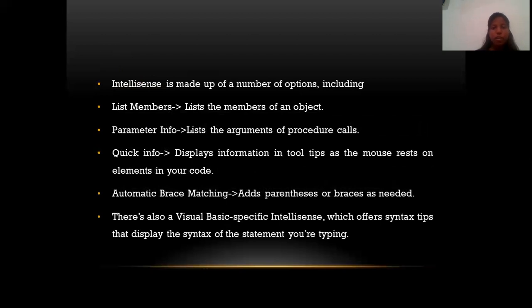If you write something wrong, it can automatically list the members on the screen. It is made up of a number of options, which include list members, parameter info, quick information, and automatic brace matching. For example, when I am typing an HTML tag, I write the content inside the angle brackets. For example, if I am writing a body tag, I have to write the body tag between the less-than symbol and the greater-than symbol. While using that, if I make a mistake in tag usage, it can be displayed on the screen very easily.